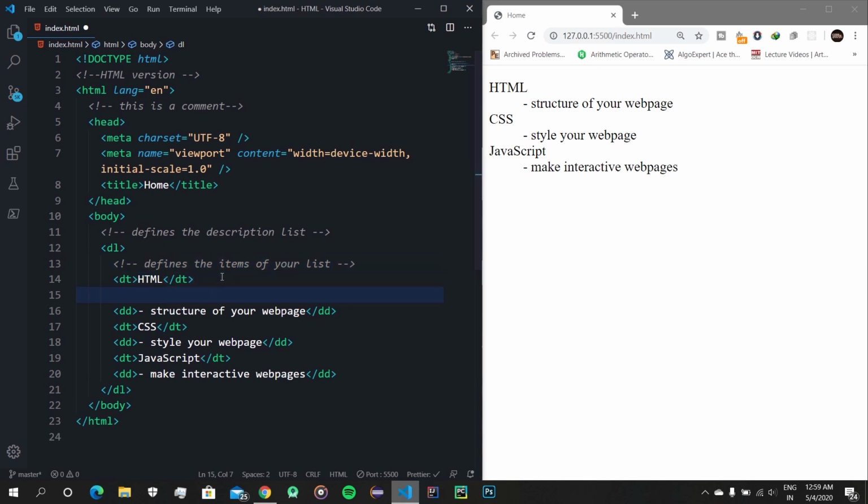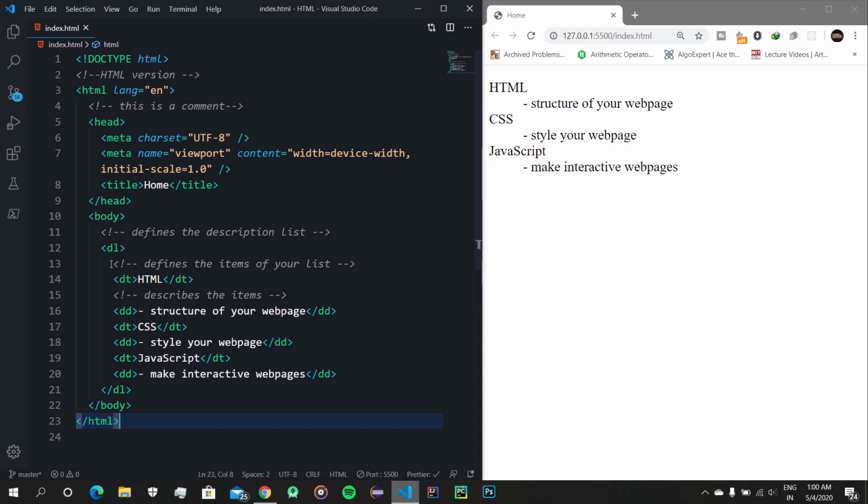The third and the last tag, DD, this tag describes each item. So this tag is used for writing description for your list element. So this is the basic structure and implementation of description list.